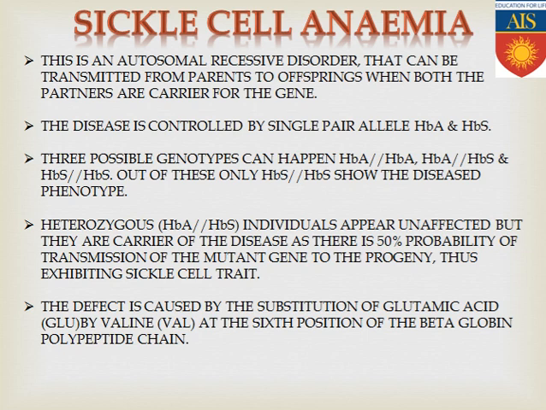So keep it in your mind, HbA is the normal allelic form, HbS is the abnormal allelic form. Okay. So now if any individual is having the genotype HbA HbA, that means that individual is normal. If any individual is having HbA HbS, that individual will be carrier for this specific disease. And if any individual contains the HbS HbS genotype, that means that individual has fully sickle-celled RBCs in his or her blood. Out of this, only the HbS HbS individual can show the disease phenotype, but HbA HbS, the heterozygous individual, and the normal homozygous individual are not showing any kind of disease.